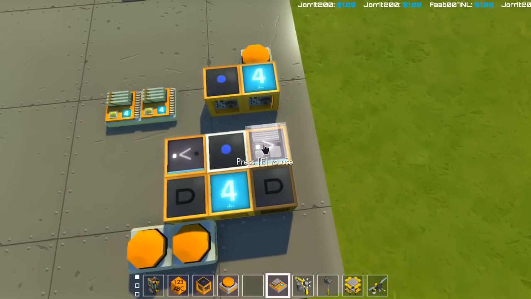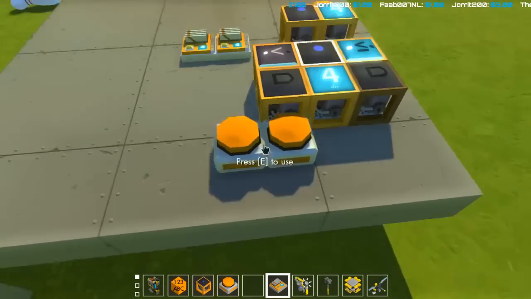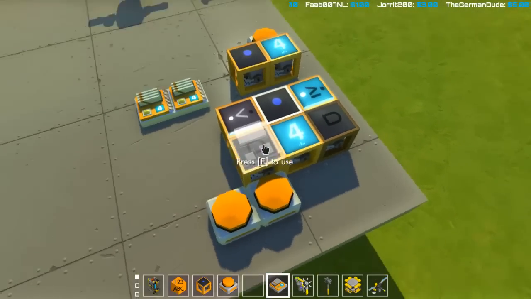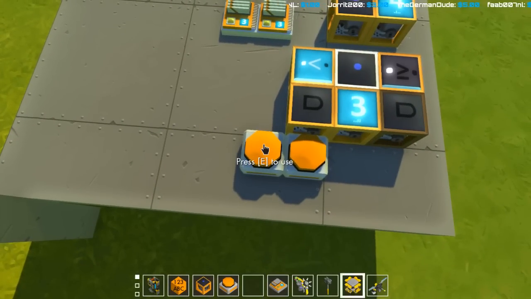Oh, this is greater than or equal to 4. Bam, there we go. One of them has to have the equal condition to include the range. Otherwise, it's going to be outside the range. Anyway, now you can count down and...